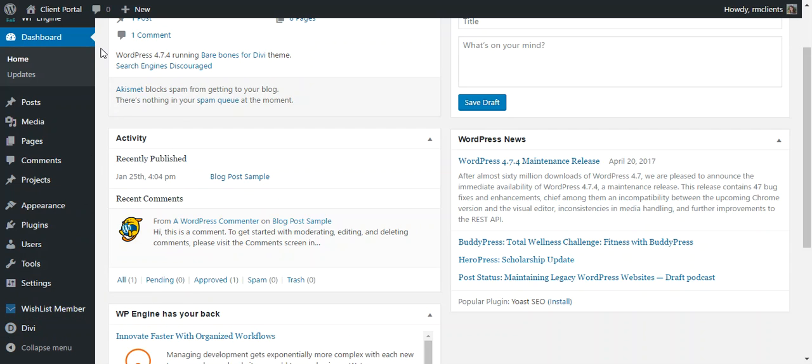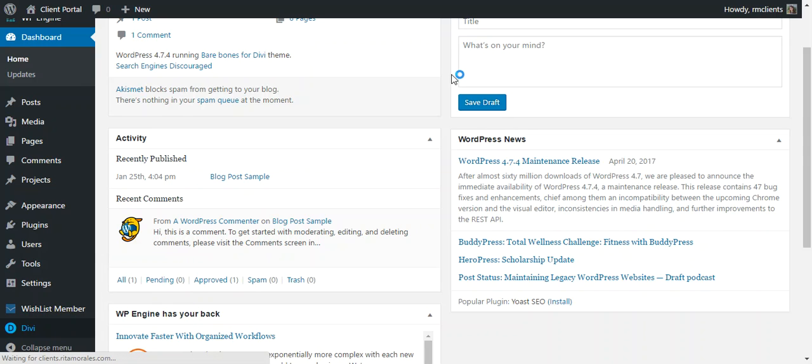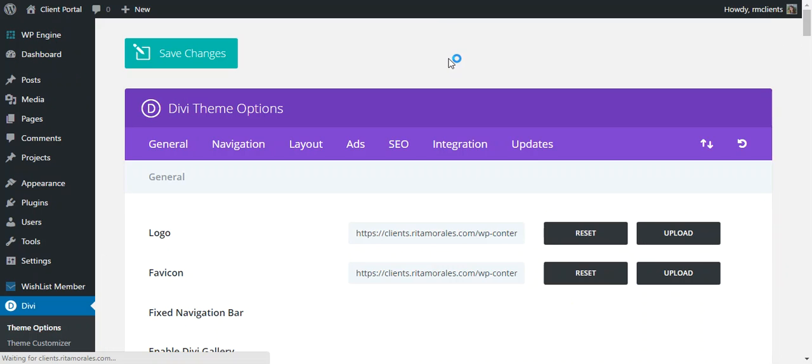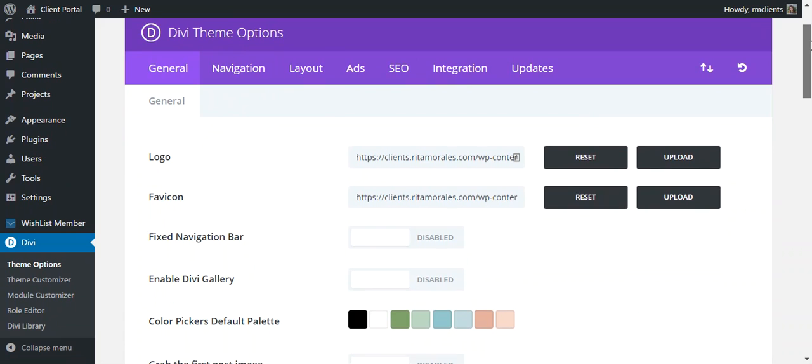When you log into your WordPress dashboard, you're going to scroll all the way down to Divi, and today we are going to be looking at theme options. So we're going to click that, and the next thing we're going to do is go through the general tab and just some of the other tabs pretty quickly,